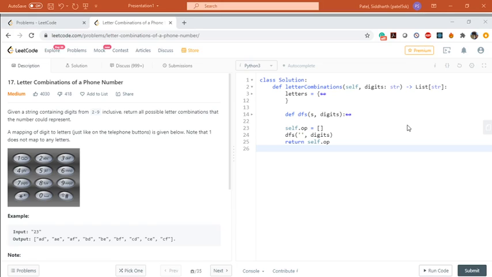The question stem says, given a string containing digits from 2 to 9 inclusive, return all possible letter combinations that the number could represent. And they also have a mapping of the digits and the characters over here, and probably